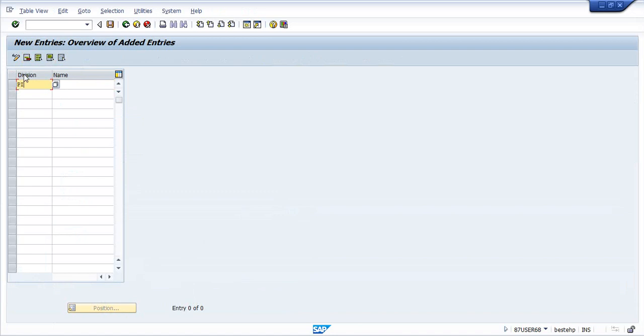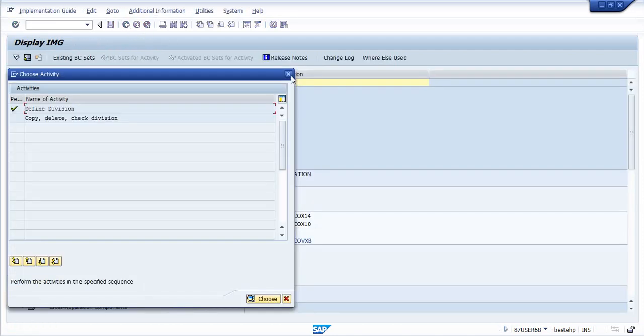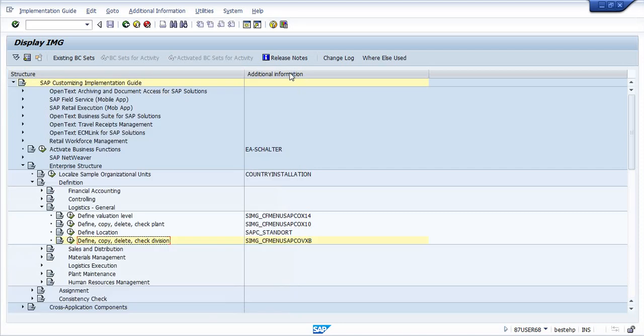I am going to define here PI. This is 2 characters. Say manufacturing of products. Just save it. So here I have created plants, their location and division.